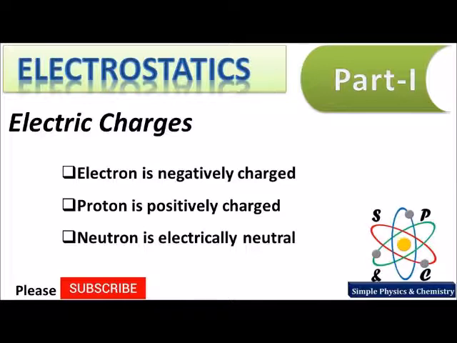Electric charge is a fundamental property of matter which relates it with the electromagnetic field. If we take one atom, we know that in an atom there are proton, electron and neutron. Proton is positively charged and electron is negatively charged, and there are only two types of charges, positive and negative. When they come together very close, the total charge becomes zero because the positive and negative nullify each other.